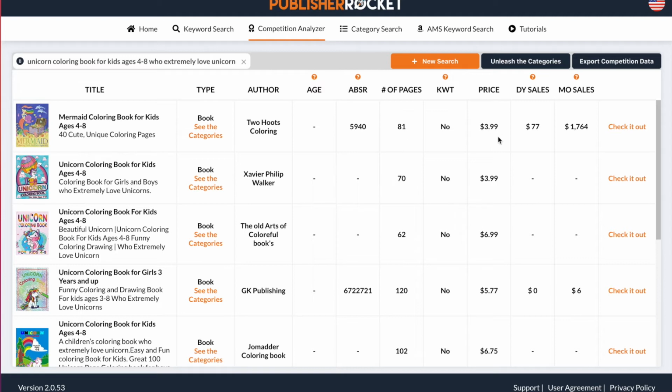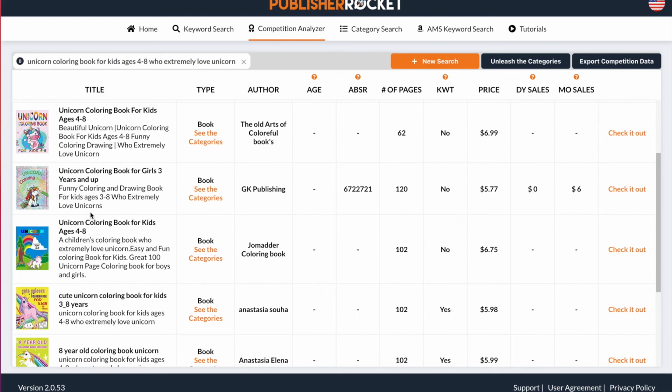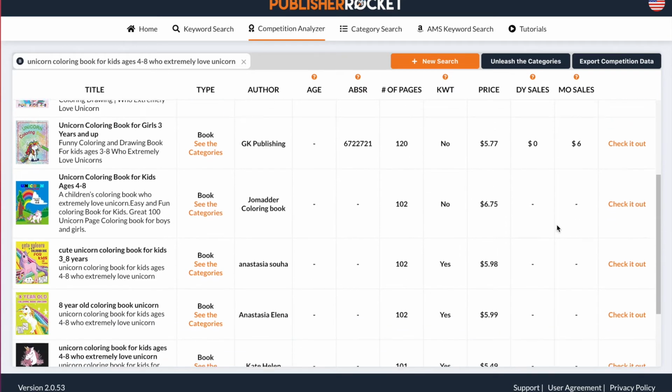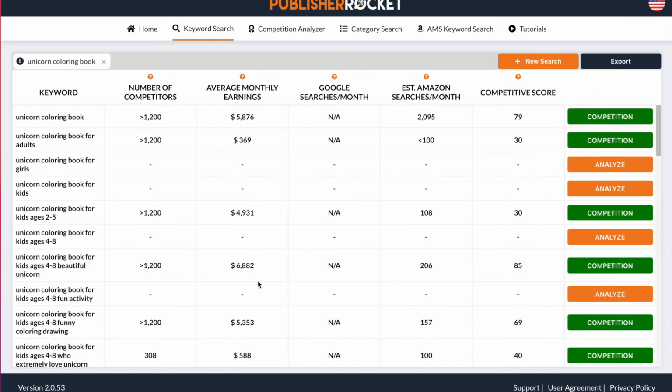So that's not gonna be a cute one. Even though it has a great BSR, see the price, $3.99. Of course, this person is getting a lot of sales with such a low price, but it's competing against the actual unicorn books that you can see in here. So this is definitely one of those keywords that I will most likely not end up using. It is because of this. So going back into the keyword search,